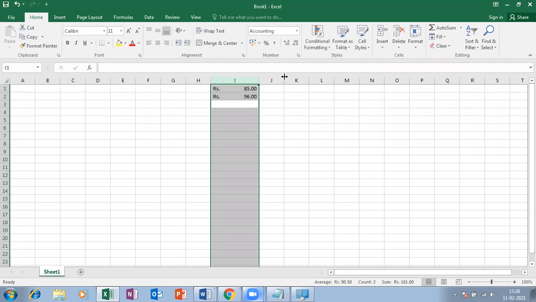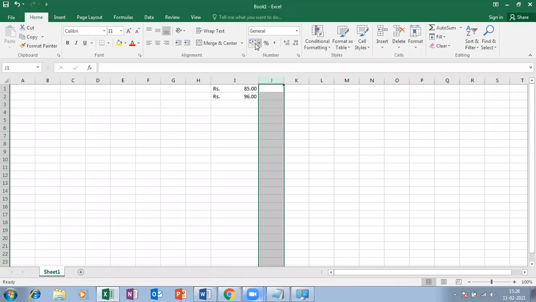This Windows 7 has not yet been updated for that particular currency symbol. If that Windows has been updated, then we will be getting that currency. But as of now, if I select any column and convert into this currency, I'm getting RS rupees. So this is how we can make the default currency format.